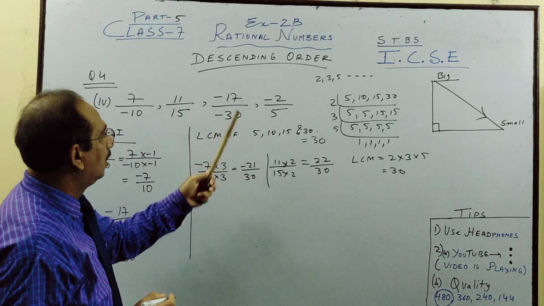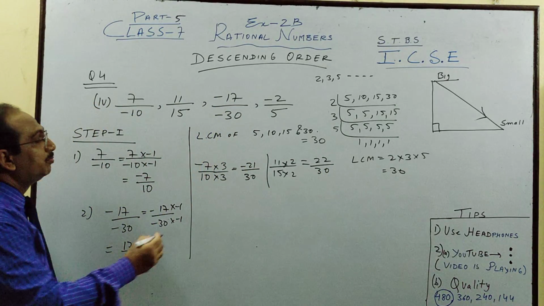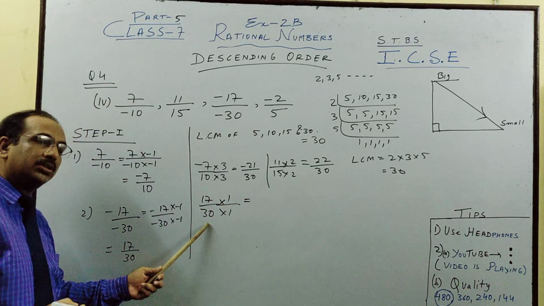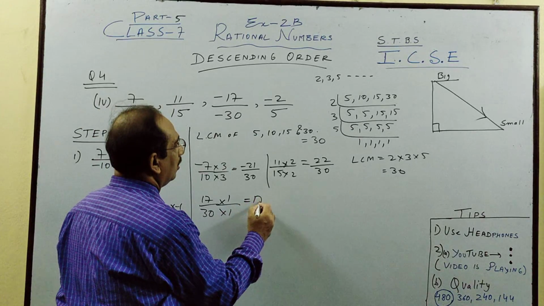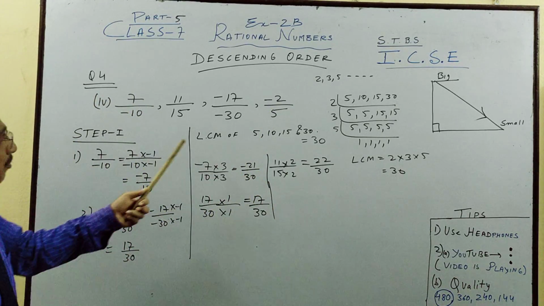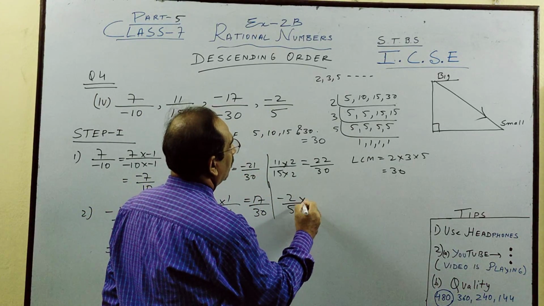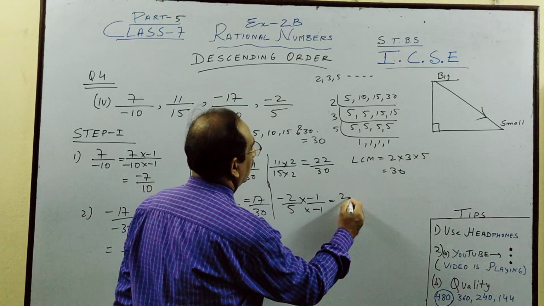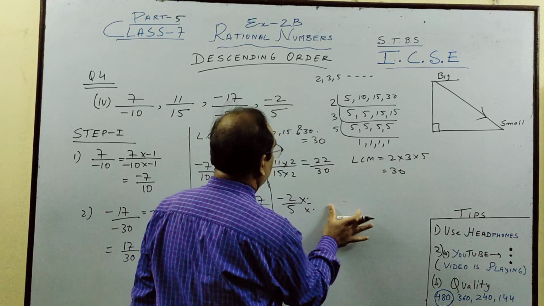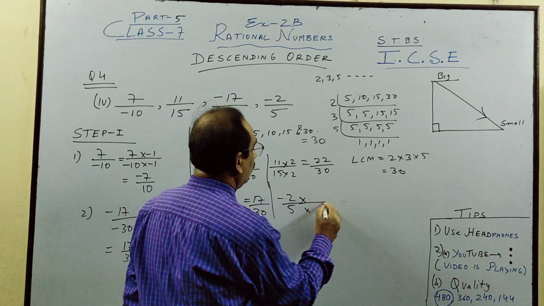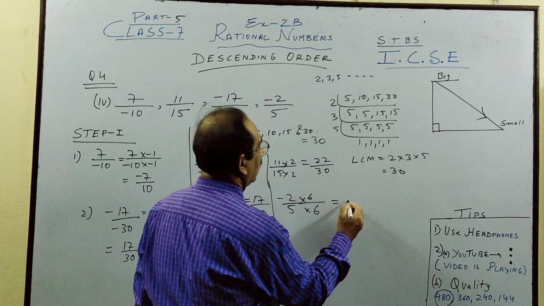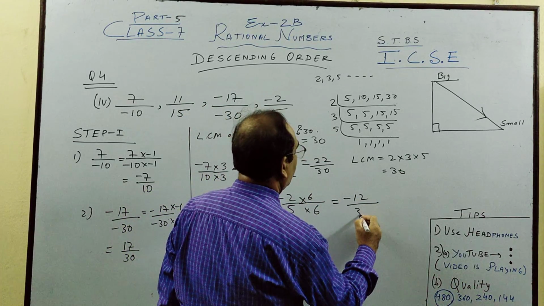The third one, minus 17 by minus 30, children, has become 17 by 30. So this you multiply and divide by 1 because it is already 30. You don't do anything, or multiply by 1. Last, minus 2 by 5, children. Minus 2 by 5 into minus 1 into minus 1. Sorry, we have to make it 30. We are not rationalizing it. So 5 6s are 30. 5 you leave. 2 3s are 6. 30. So you multiply. This is minus 12 by 30.